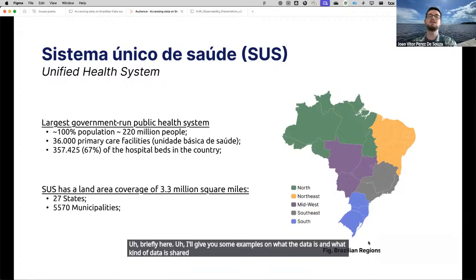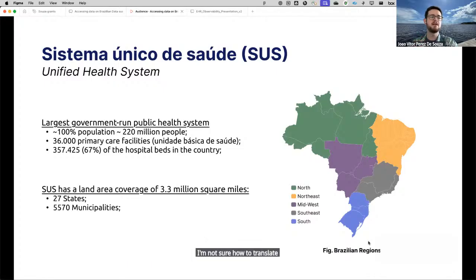But essentially, Brazil has a law of, I'm not sure how to translate this perfectly to English, but like public access to data, that most of these data sets are made public for everyone to use. They're just de-identified.